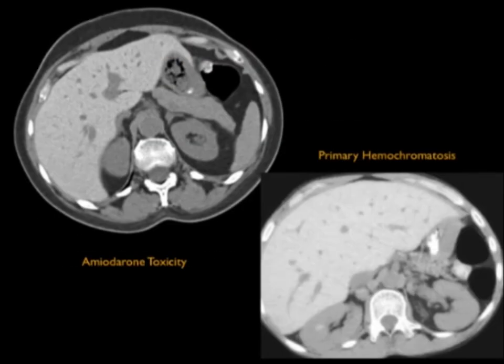Look how dense the liver is. Now, what can fool you? Well, if you had contrast yesterday and contrast was in the RE cells, the liver could look dense, but usually you would see something in the kidneys. Here, there's nothing in the kidneys. There's no contrast. Very dense liver. You see how the vascular structures stand out.